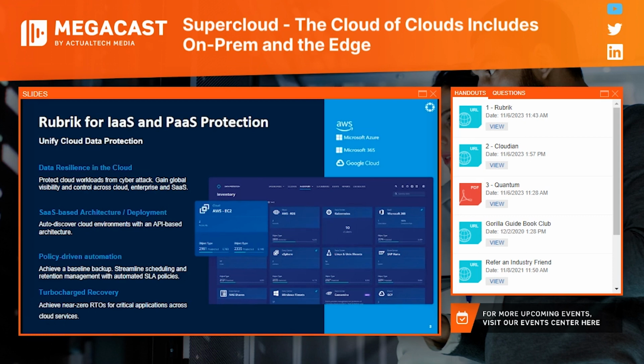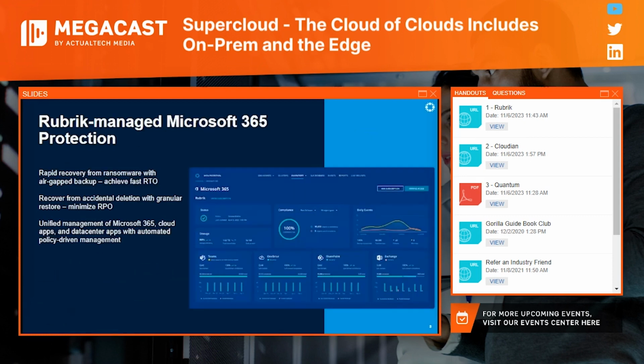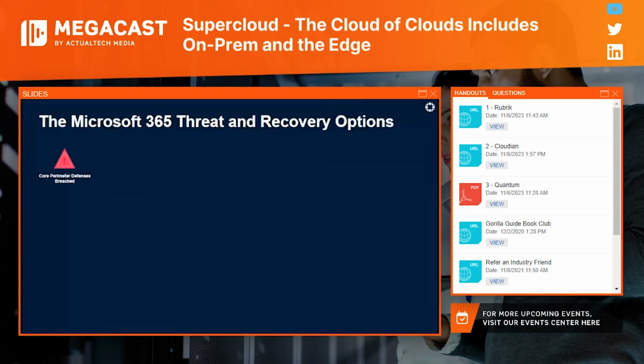So we have broad protection in the cloud as well as on-prem. I've mentioned Microsoft 365. We have a very growing customer base here that's protecting Microsoft 365 with our tools. We're able to recover from things like accidental deletion, which maybe is sort of the day-to-day nuts and bolts of what tends to happen. But we're also able to help significantly with things like malware attacks, where bad actors go into your Microsoft 365 system as well. So let's look at that.